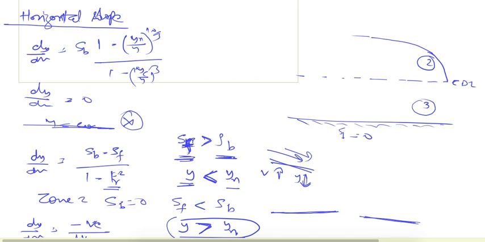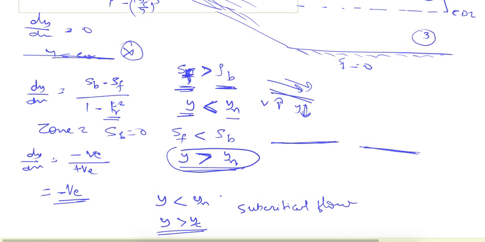In the upstream, we cannot say it will be defined by whatever the structure is here or whatever the other slope from water is coming. It will be defined by that. And in zone 3 now,